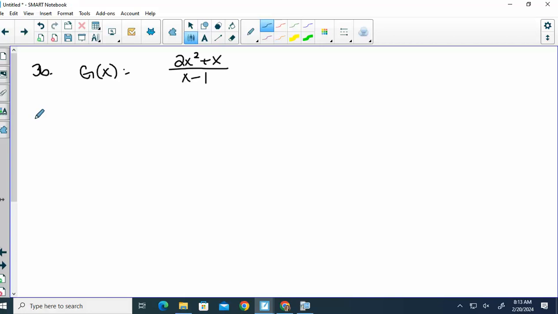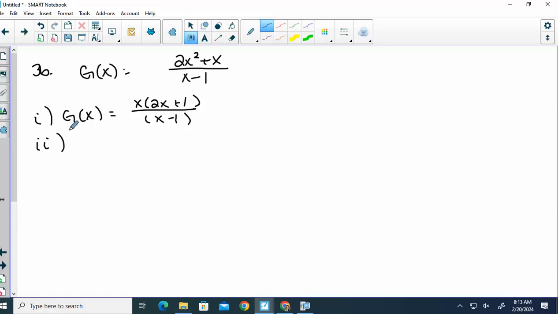All right, so first is factor the numerator and denominator. So on the top, we could take out an x. Bottom, we can't really do anything. Second step,